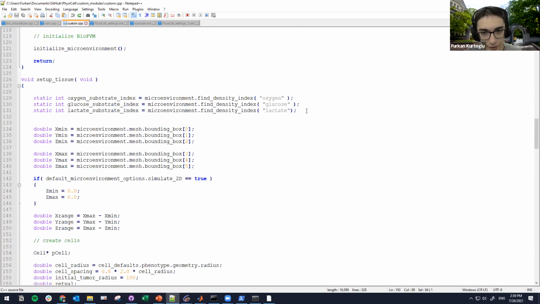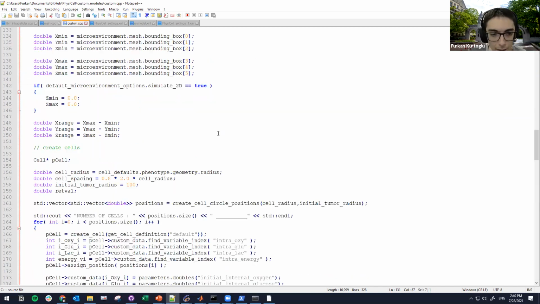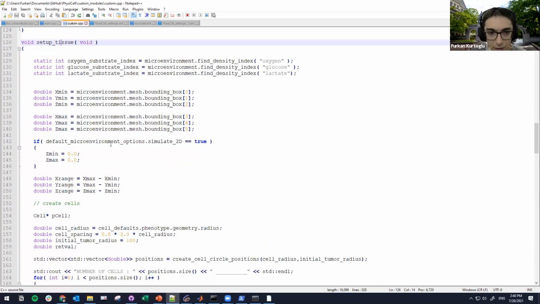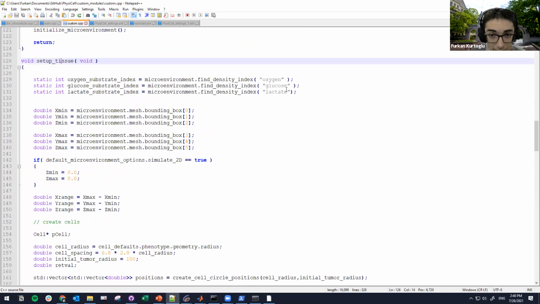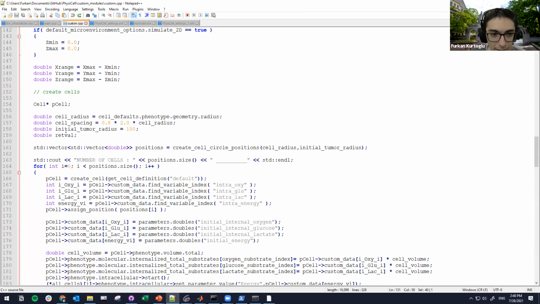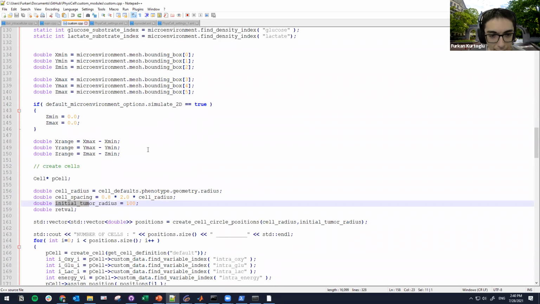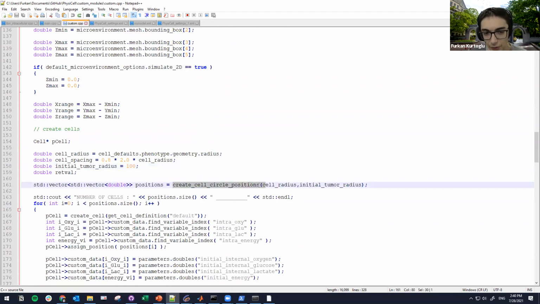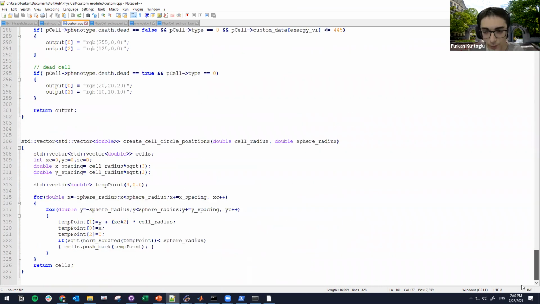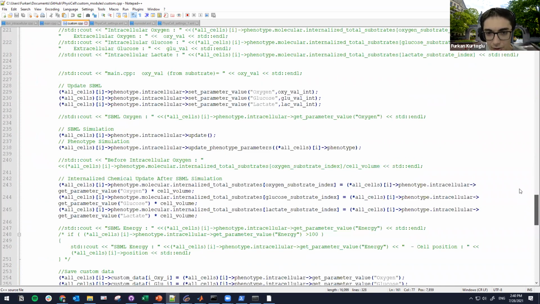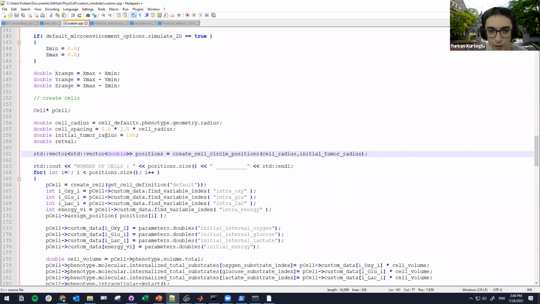In the setup tissue, we are starting with the substrate indexing. These are just done manually. We are learning the oxygen substrate index based on the name in PhysiCell, because this is all PhysiCell. There is also a function that I'm calling, create cell circle positions. This is at the bottom, you will see it. This is creating a position vector for a given